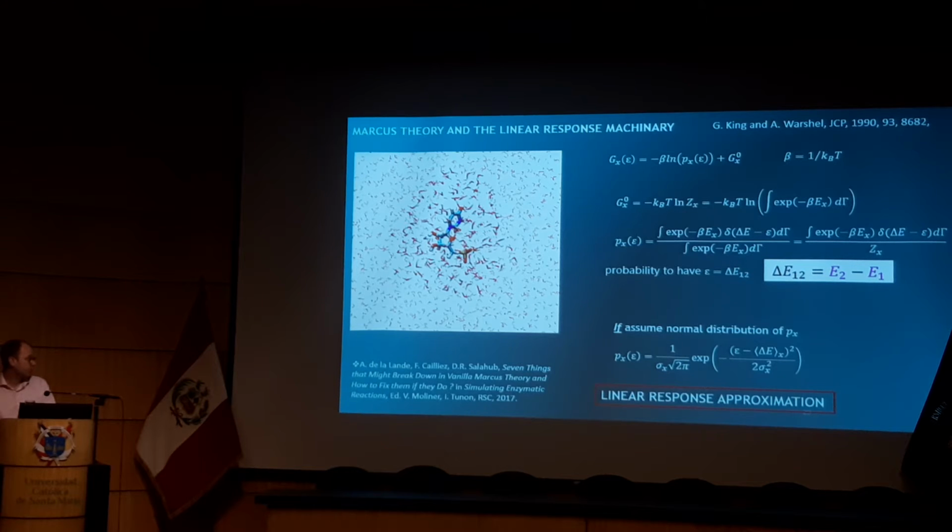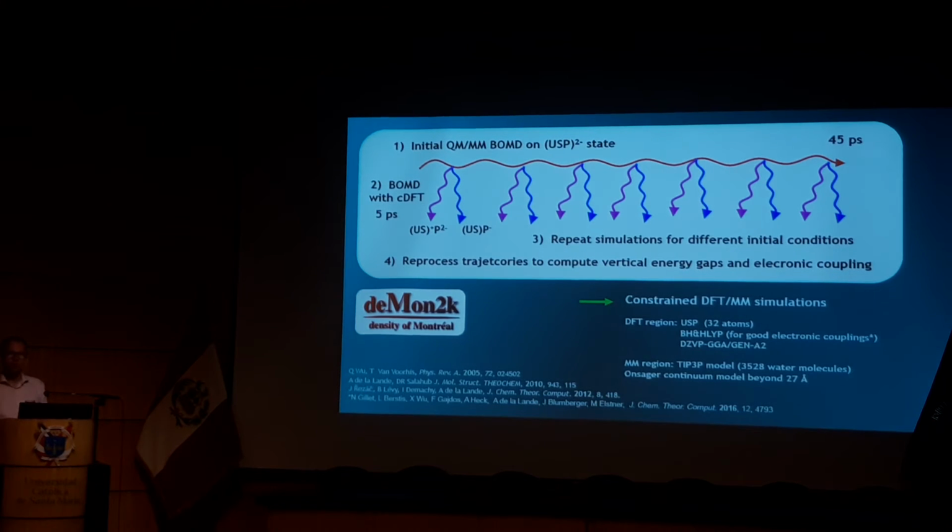I go fast on this because we could in fact spend quite a lot of time to really explain everything, but basically you can evaluate the rate from this type of equations, where the Gs are the free energies for the 2 electronic states, initial or final. So that's the framework. So with deMon, we have the tools to really describe with computer simulation an electron transfer reaction in the framework of the Marcus theory.